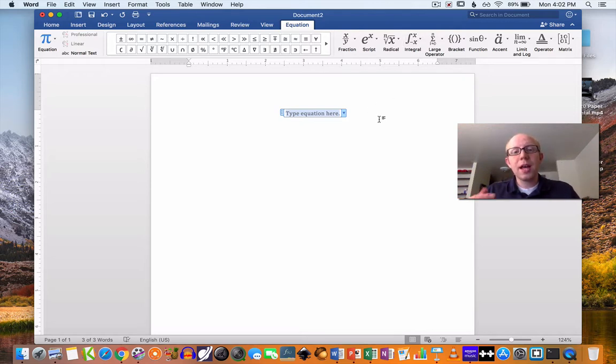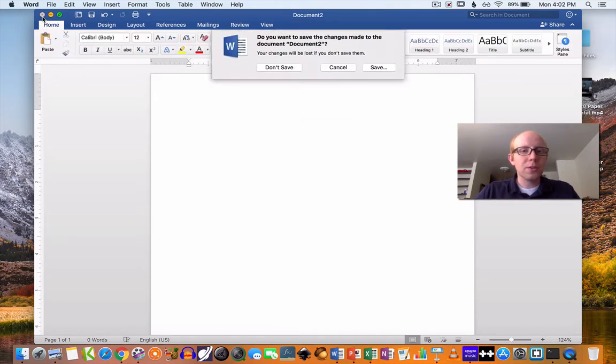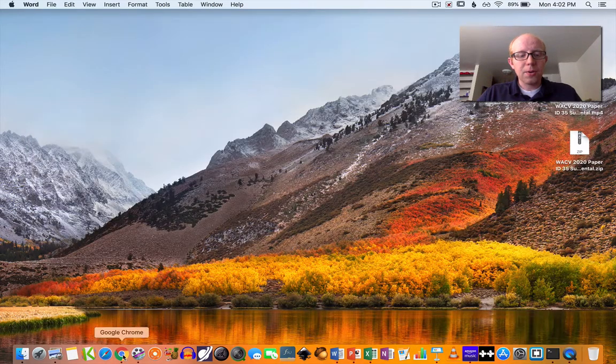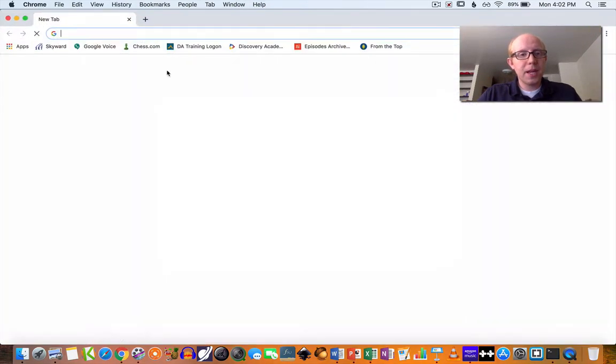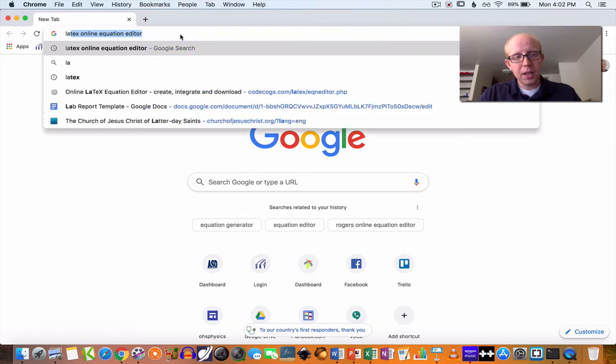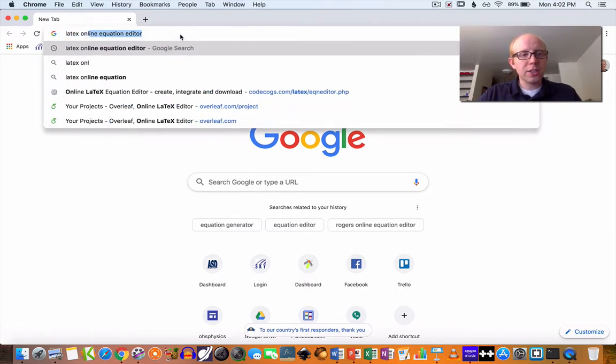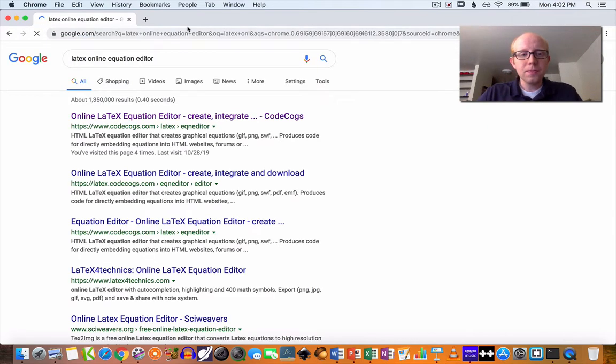And so it turns out that in mathematics and science, we've used a very specific set of code that is consistent across all programs that we call LaTeX. Okay, so what I want to show you is how to design LaTeX code. So if you just open up a search bar and search LaTeX online equation editor like so, you can find a whole bunch of different sites, but I just like this codecogs.com, and what it allows you to do is